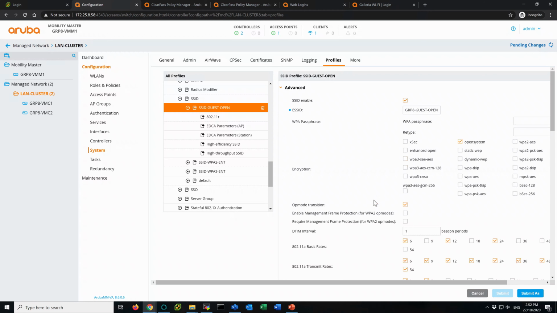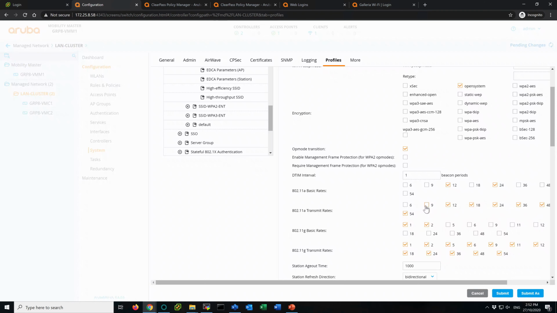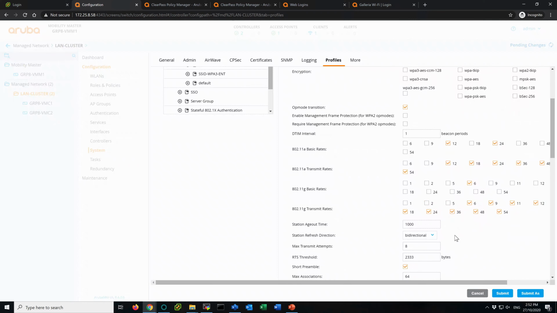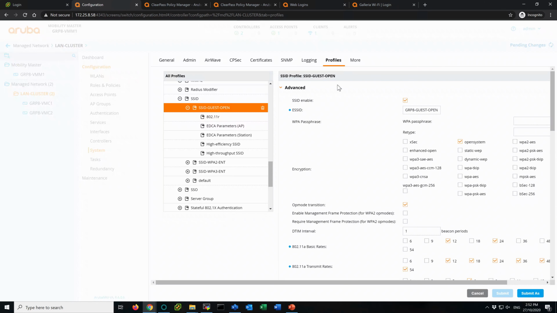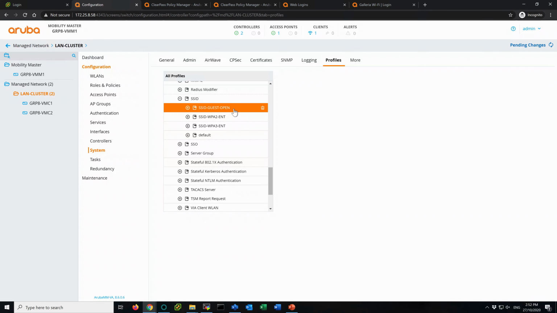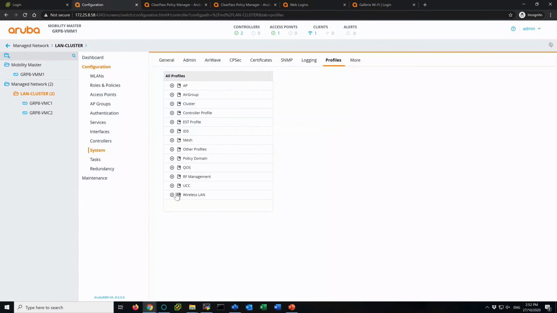Okay, so we just do some fine tuning like I mentioned. I remove the search for 5 GHz and remove 1 and 2. Enable search for 2.4, right? That's all. Submit. So we have done the guest open SSID. We can just push down the configuration to VMC1 and 2, and then we can create the